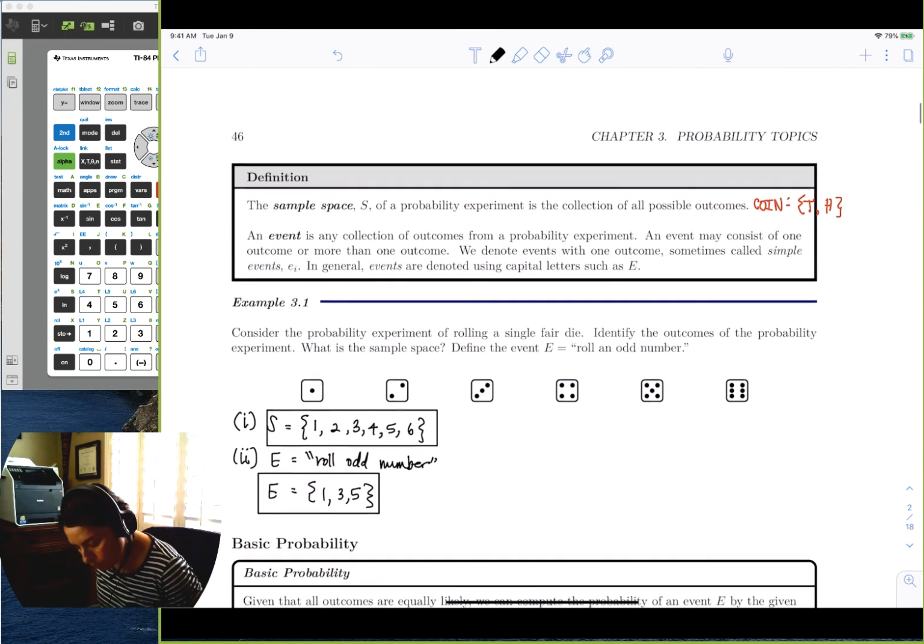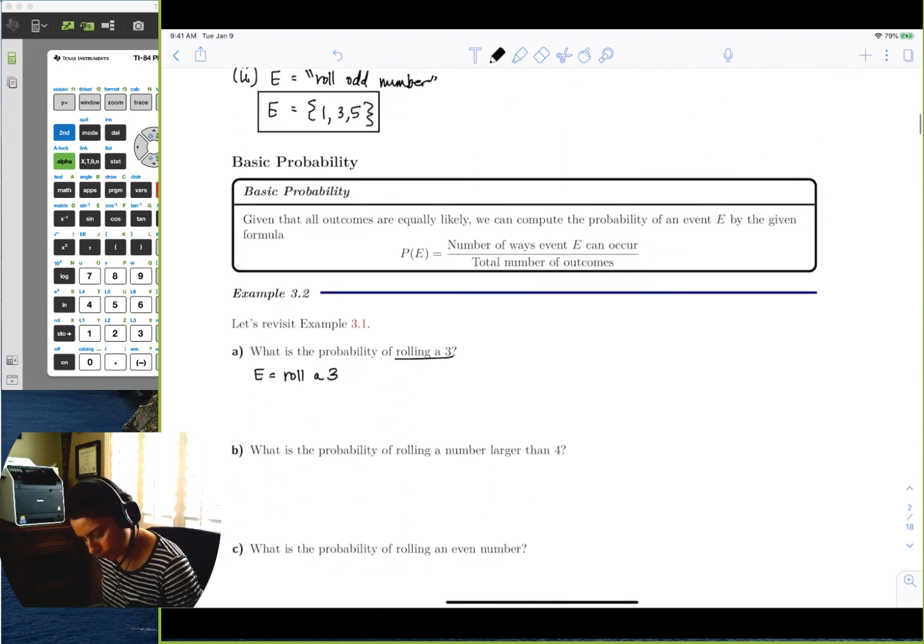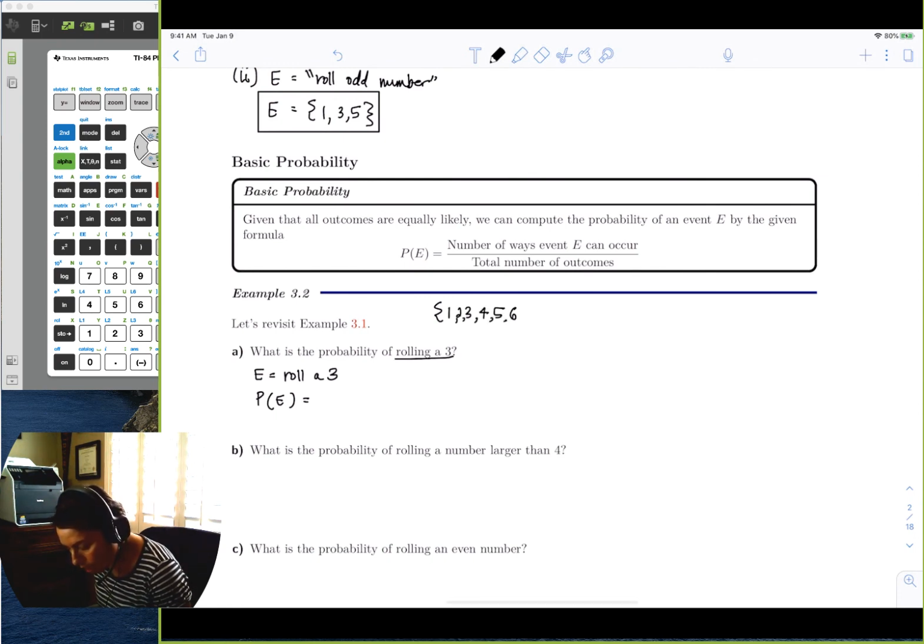So the probability that this event occurs is going to be the number of 3s in my sample space. Let me copy down the sample space here. How many 3s do you see in my sample space? Well, I only see 1. So the number of ways that I can roll a 3